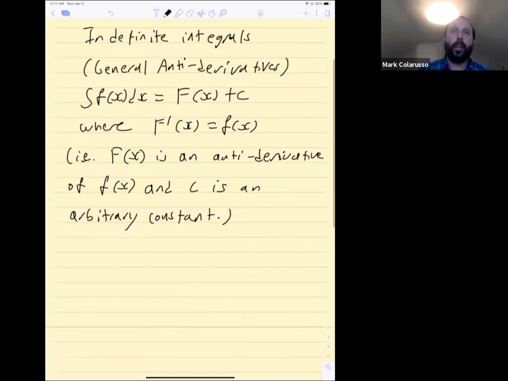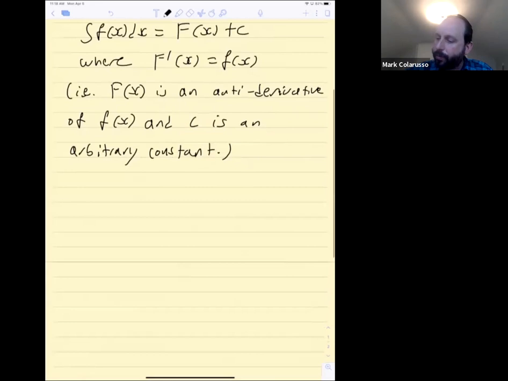Okay, so in other words, we don't have a single antiderivative of little f. We have a whole family of them, and they all differ by a constant. So I want to talk about how you pick out one member of the family. What is the significance of this capital C that you're adding at the end of this formula? We did not address this in the previous video, and this has to do with initial conditions that you want the antiderivative to satisfy. So the first thing in this video